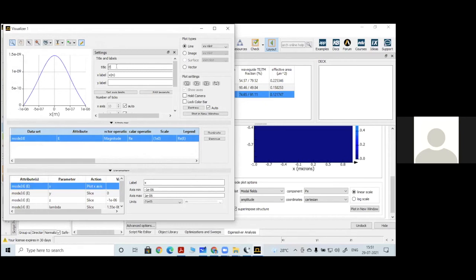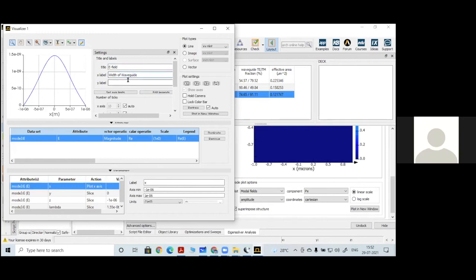Say, if I want to give this title as E field, you can always give some title instead of X in meters. Now we can give that X is the width of the waveguide, so we can define it here. But we are exporting the data in the form of text, and if we plot that data using some tools such as Origin or Mathematica, it will have more visual effects than this image in the standard results. So these options are there, you can use them.